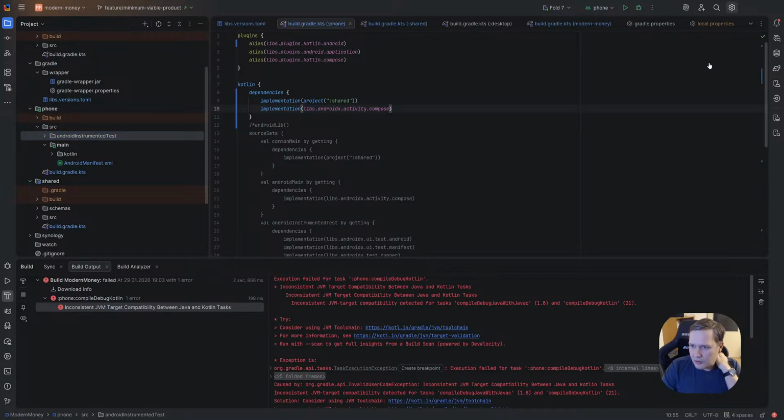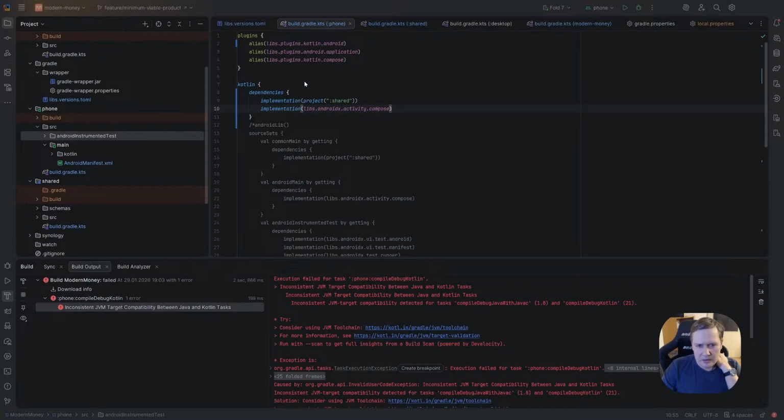Okay, inconsistent Java target compilation. So let's go to project settings. Unfortunately, we will not see it, the project structure, I mean. Yeah, we have Java 21. Detect for task compile debug Java with Java.